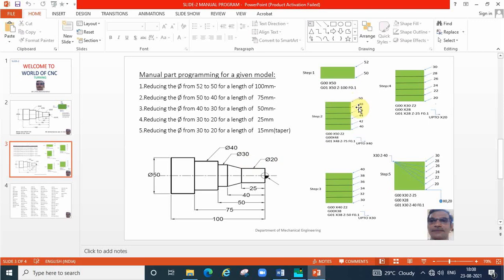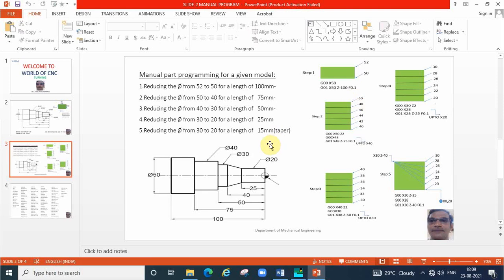That means 0.2, 0.3, 0.4 like that. That depends upon the material we are using. Okay. This is for simulation purpose. The lines will be more so that we are giving 2 mm depth of cut. Okay. Practically it is not possible. Give 0.2, 0.3 depth of cut only.